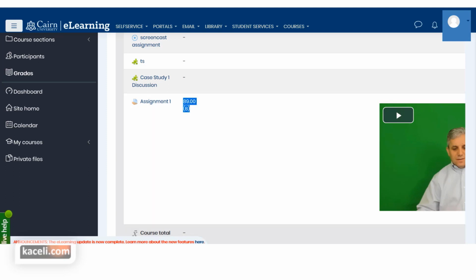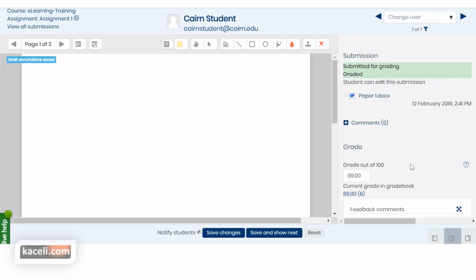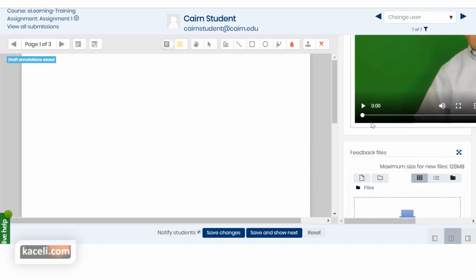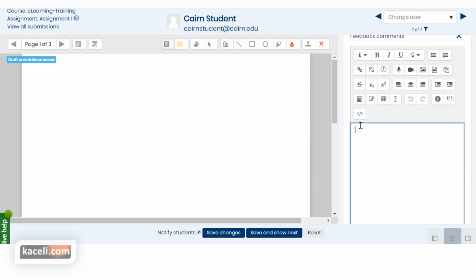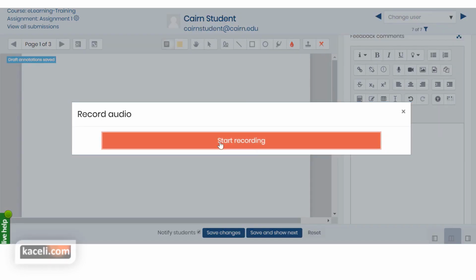Now, if you wanted to do the audio feedback only, you can go back to the assignment here, and let's go back to, let's say, the one that I graded earlier. I'm going to delete the video feedback, and now I want to do audio feedback. You just click on audio here, press start recording,